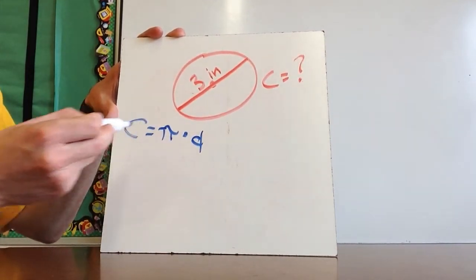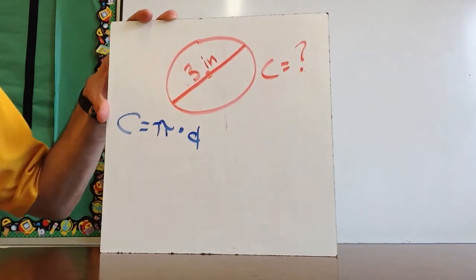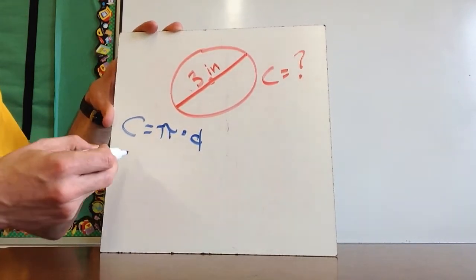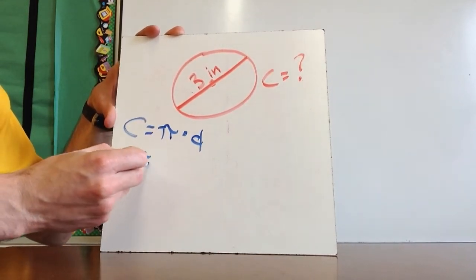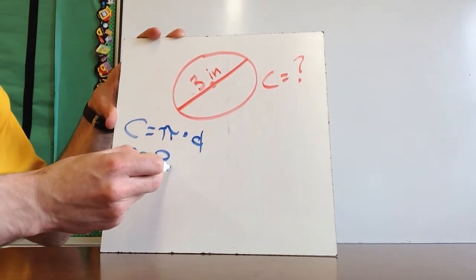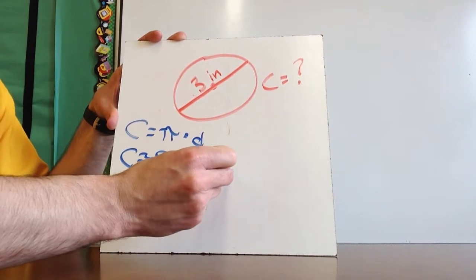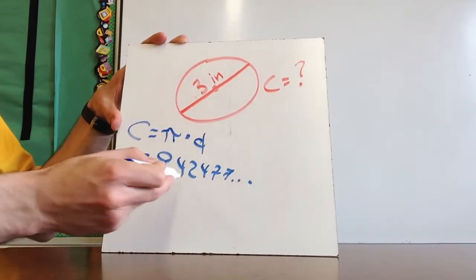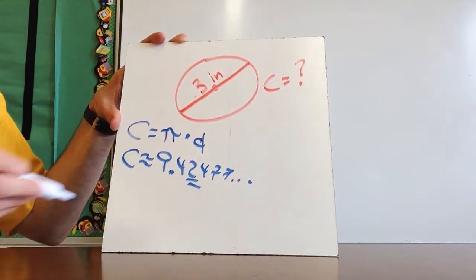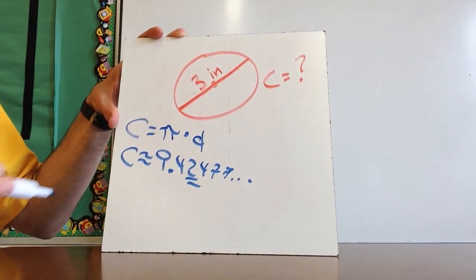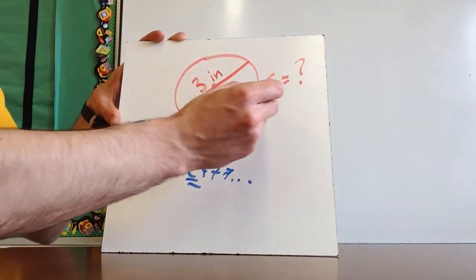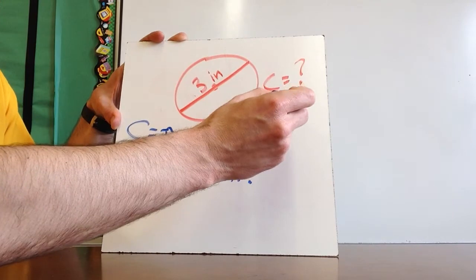So I'm going to use a calculator that has a pi button. And I'm going to type in pi times diameter. And I end up getting that circumference is approximately 9.42477... Which means if I'm going to round to the nearest tenth, then this 2 tells me I should leave the 4 alone. And so circumference equals approximately